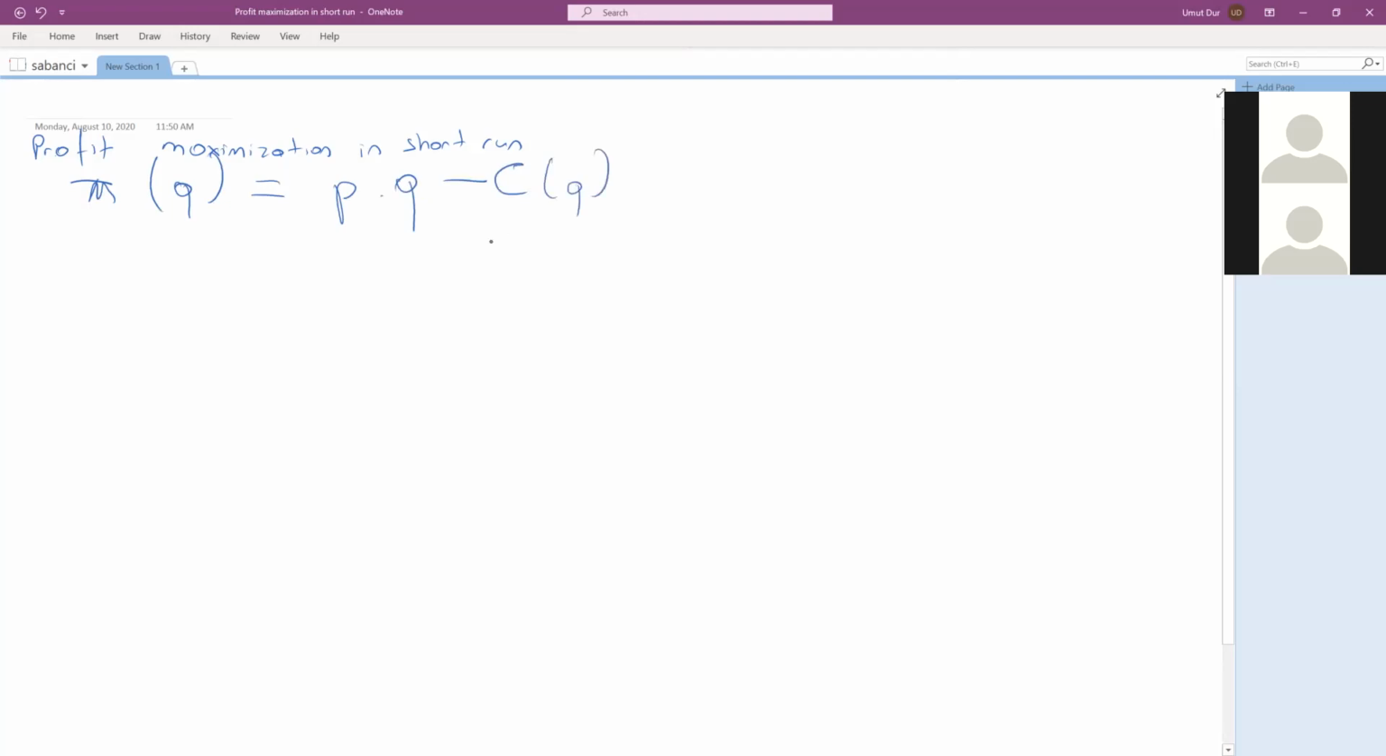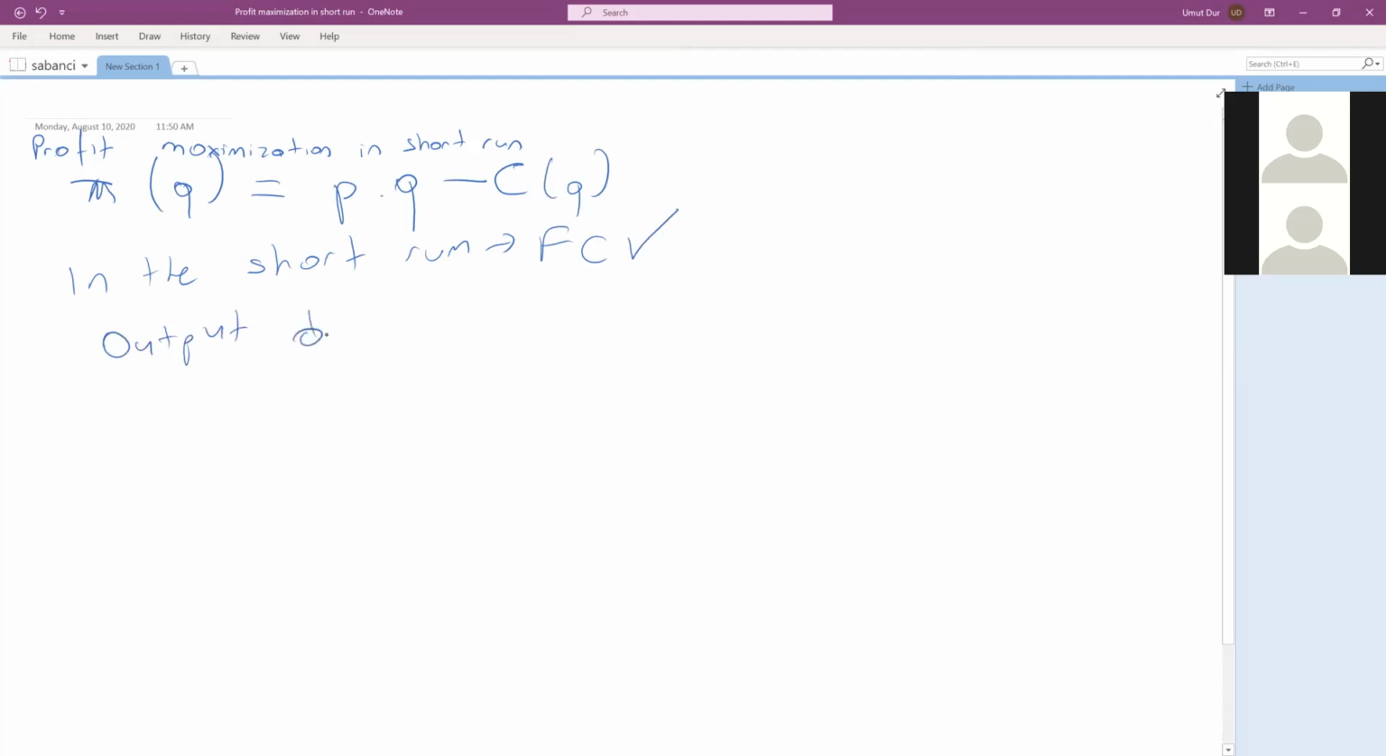So in the short run, what we need to know is basically we have fixed cost. In the long run, we will see it later on, we don't have the fixed cost. And again, we start with the